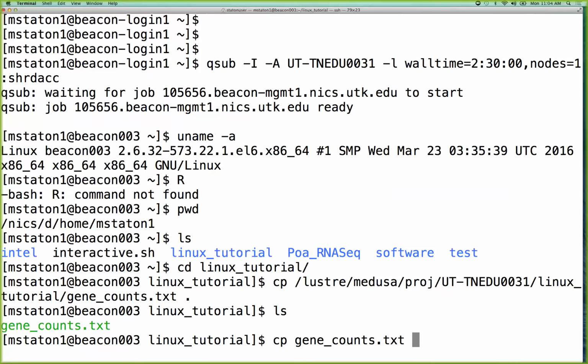So anyway, let's say we have this file and maybe we wanted to change it, manipulate it, but we wanted to keep a copy of its original form as well. So we want to make a copy of this. I could make